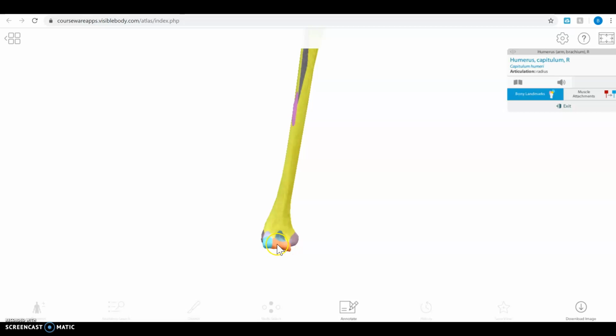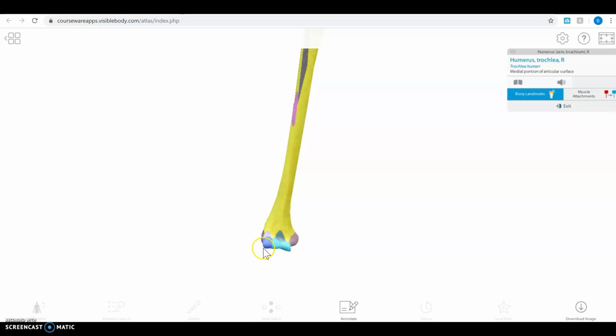Right next to it, this kind of looks like maybe a little hourglass on its side. This is the trochlea. This articulates with the ulna. So if you remember UT, then you can remember that the ulna articulates with the trochlea. Now that we've found that the capitulum is on the lateral side, we can talk about these